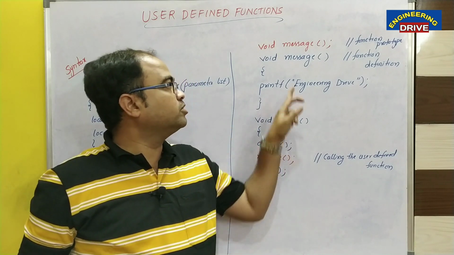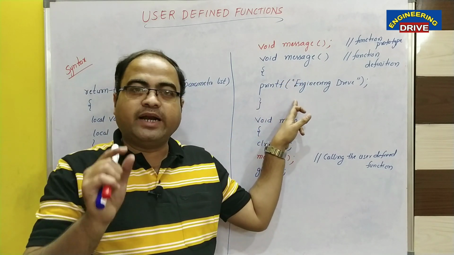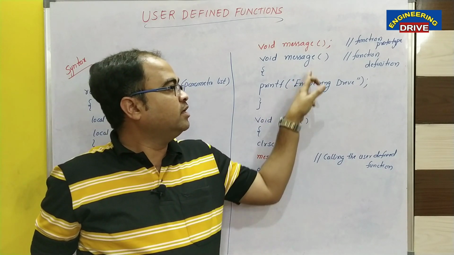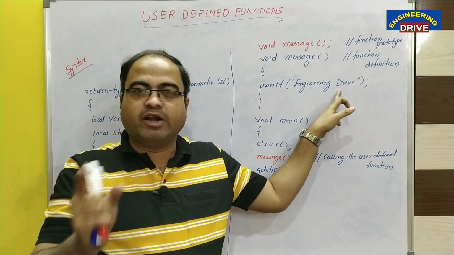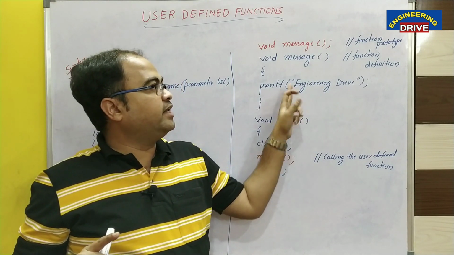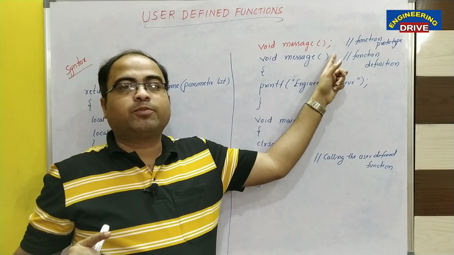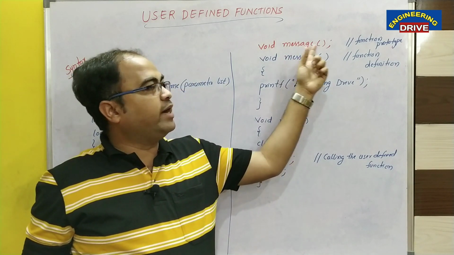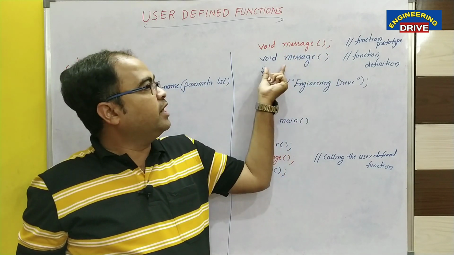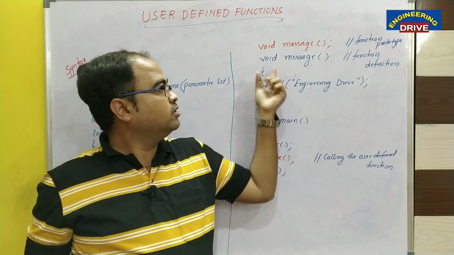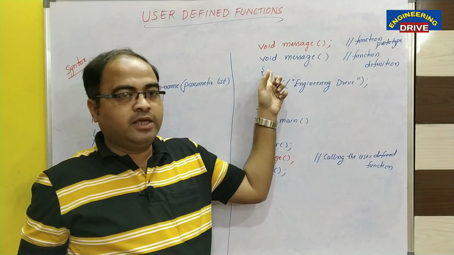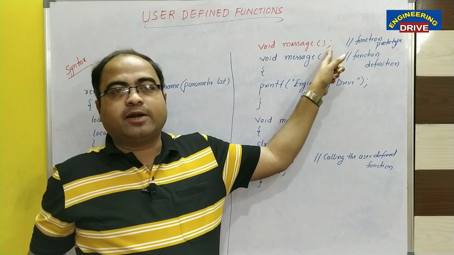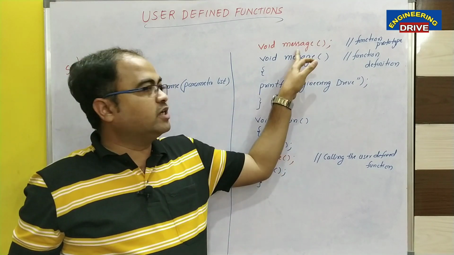So dear students, in order to create a user defined function, three steps are compulsory. What are those three steps? Function definition. We need to write a function definition, what this message function will do. In our example, this message function is displaying one output which is engineering drive. Is it okay? Next, after writing the function definition, we need to write function prototype also. Function prototype is the first line of our C program. So here void message. What is function prototype? Name of the function without body. So this function definition will have body, whereas function prototype does not have body, only it will have header, and it should be terminated with semicolon. Is it okay? Function prototype.